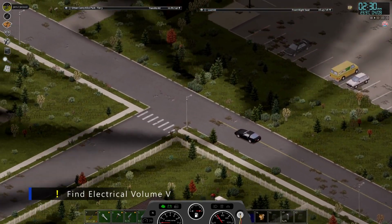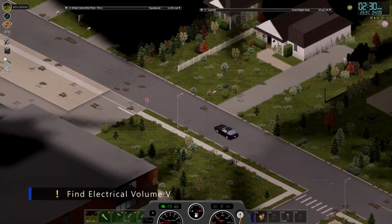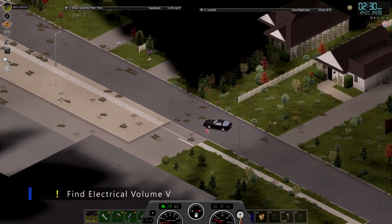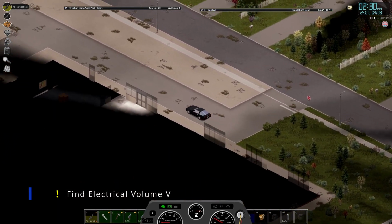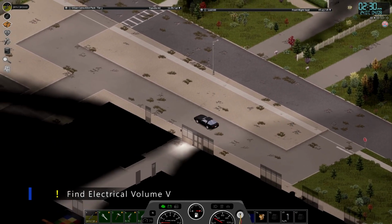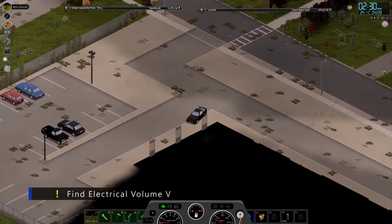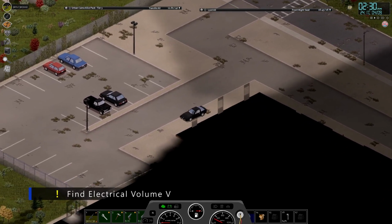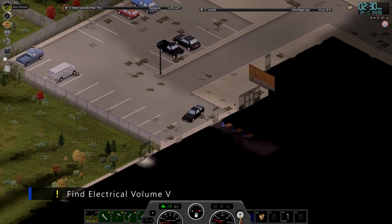Okay, so now we're heading towards the school. I don't think I've ever been in the school, but I've definitely driven close enough to it to pop its zombies out. But just to be sure, we will double check. So coming that close to the window should make the entire building spawn, unless maybe it's a really, really big building, but then we're talking mall-type size. So this is not anywhere near that